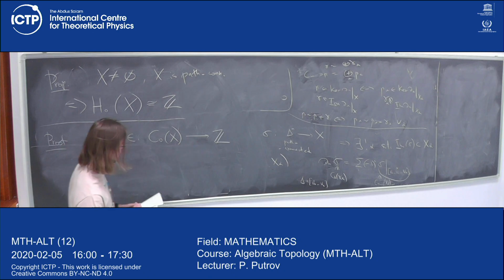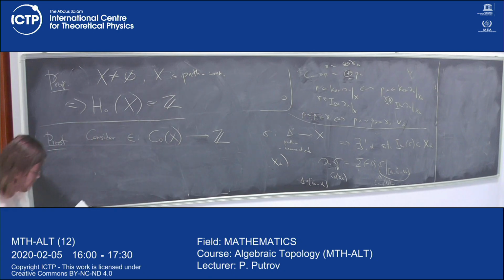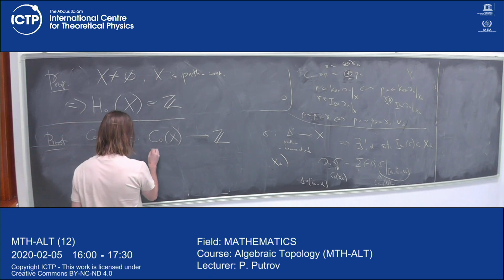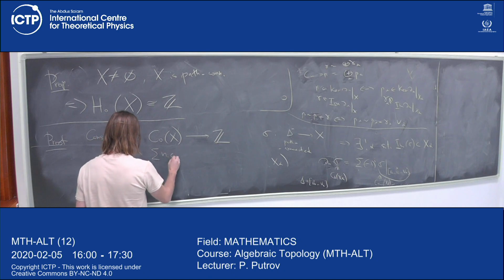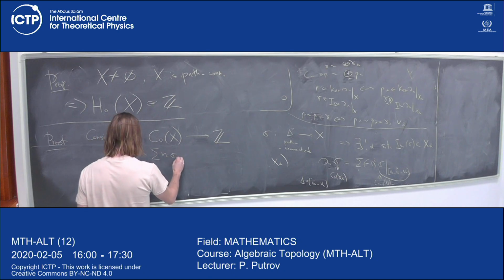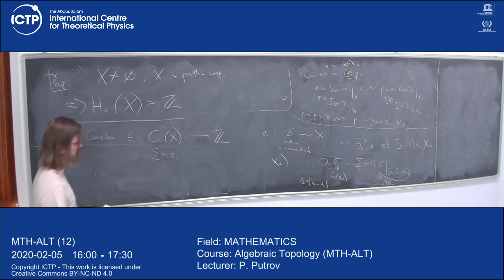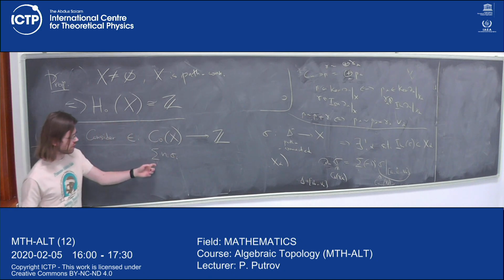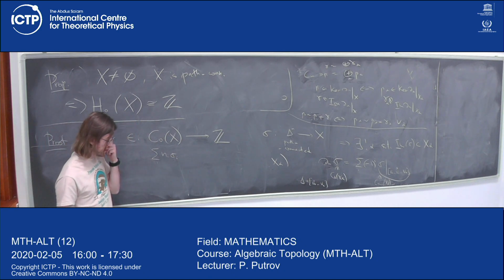But instead we can define a map epsilon to Z, and the map is defined as follows. We know the elements here are linear combinations of singular simplices with integer coefficients,